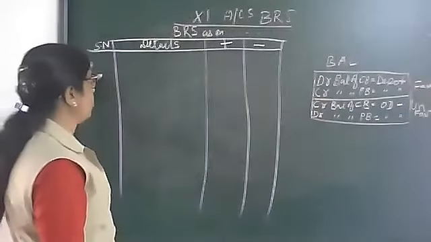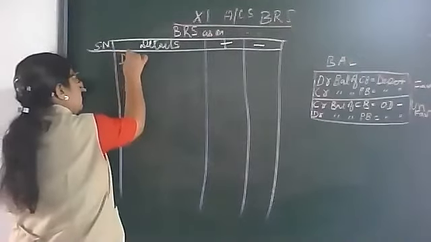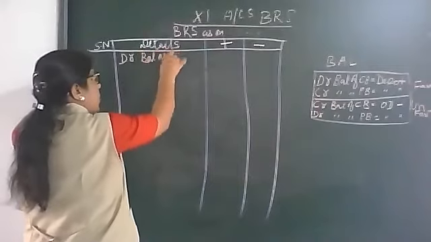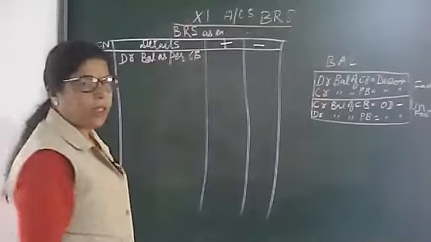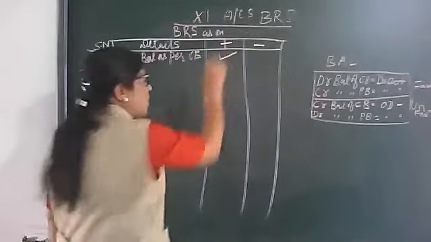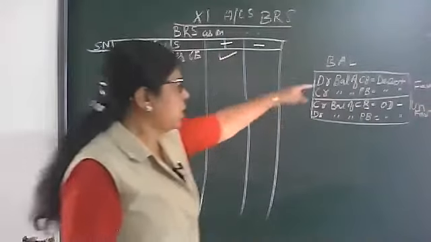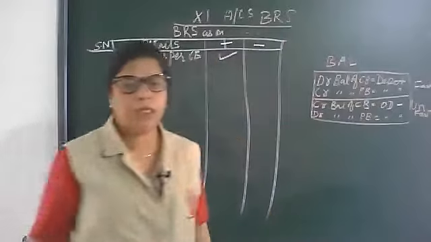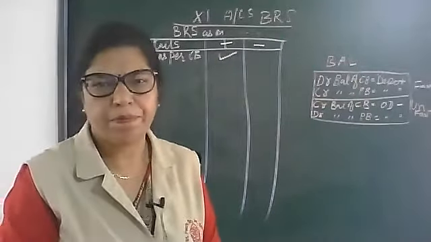Now first of all, if that is debit balance as per CB, CB meaning cash book, that will be in the plus column